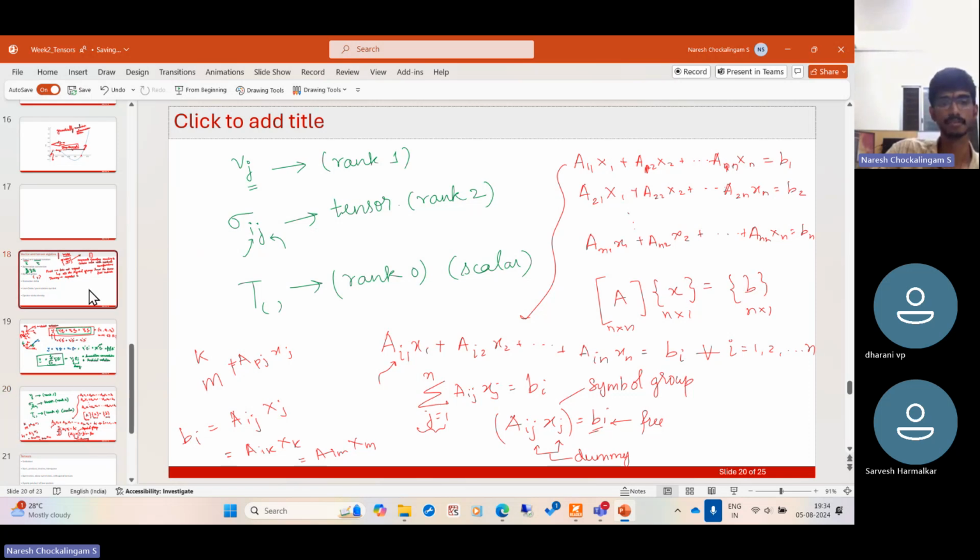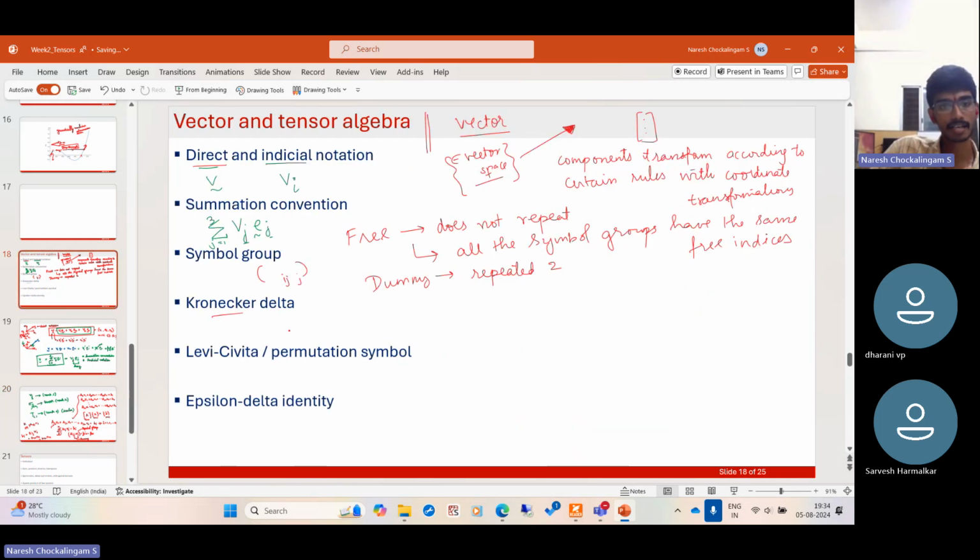That's what it means. Now we have this symbol called the Kronecker delta. You would have come across it in various contexts. So delta ij is